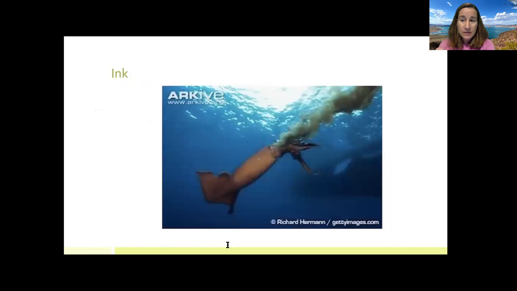But if you watch those videos I mentioned before, it talks about how the ink can possibly poison its prey. If they release it, it can possibly deter predators because it might be toxic. It obviously is going to cloud up the water and give them a place to hide and run away for a split second while the predator is distracted by the ink. So it has lots of different traits and characteristics. If you watch that video, it's pretty cool because it's not just, I can't see. Some of these things have toxins in there that will stun their prey. So pretty cool.